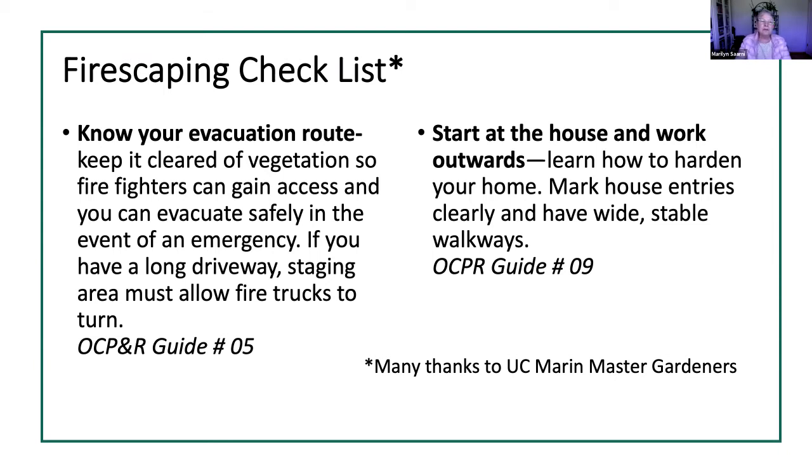So know your evacuation route. Keep it clear of vegetation, so firefighters can gain access and you can get out safely. And if you have a long driveway, you have many more things to think of. One is you should put out reflective stakes so your driveway is very easily seen in the dark. In these cases of wildfires, it could be nighttime, but the other situation that happens is if you have a lot of smoke and chaos, it can actually be quite dark, and you need to help the firefighters